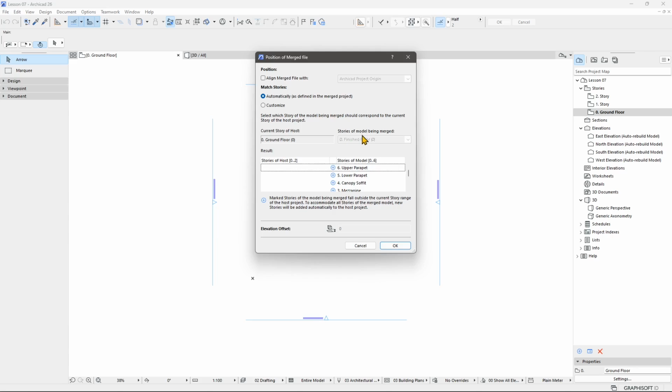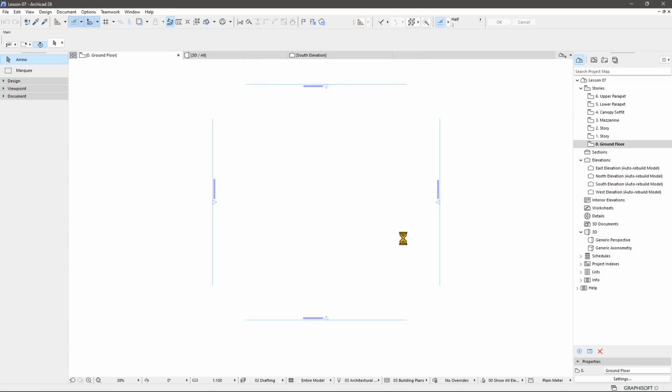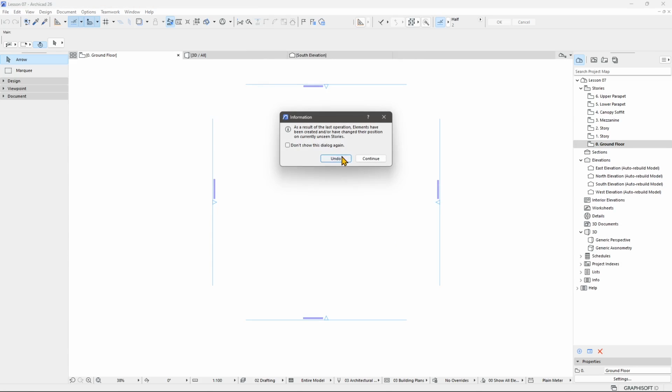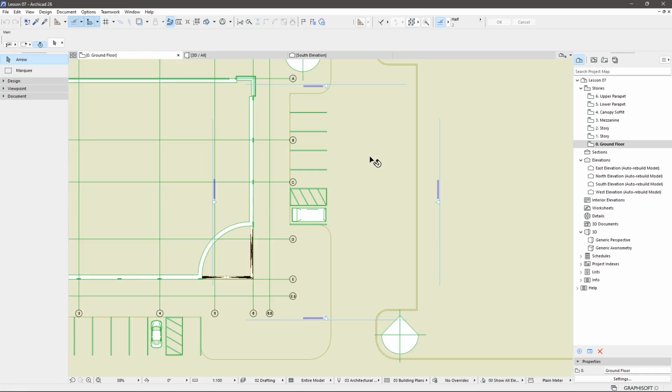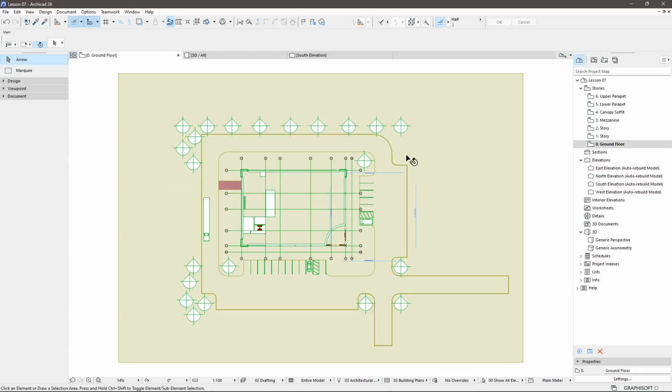So you're going to get everything you can get from the original file. So let's say okay, and let's say continue. Just wait again for a few seconds. There you go. So you can see right away here in the Navigator, we have more stories, we have more